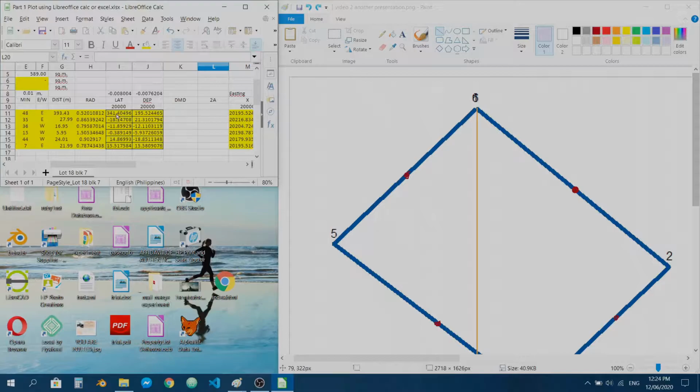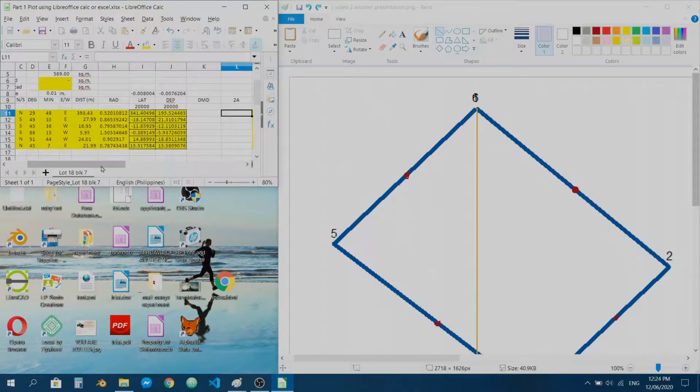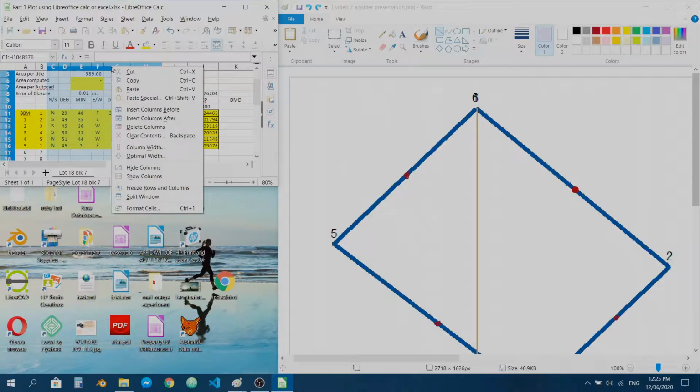We will be interested in the respective latitudes and the departure of each line to derive the double meridian distance for each, and then multiplying it by the latitude to get the area for the respective lines, and then summing them up and dividing them by 2 to get the double area. So we will explain this as we go along, but for now, to save space and to focus on what matters here, we will be closing this, hiding this to give more space for our paint for this